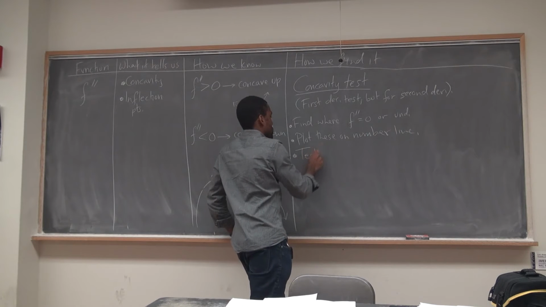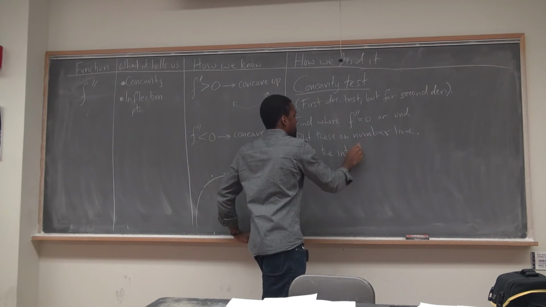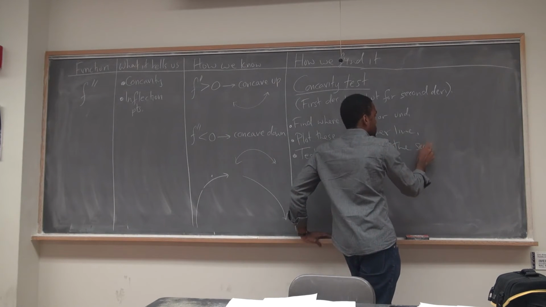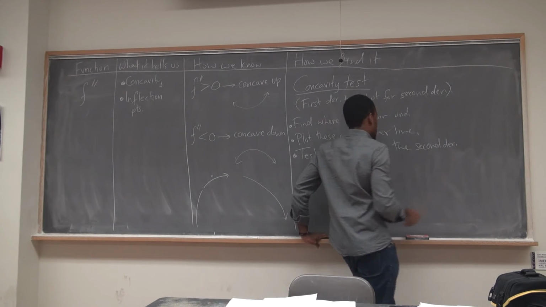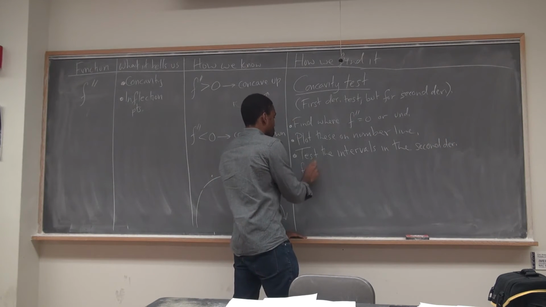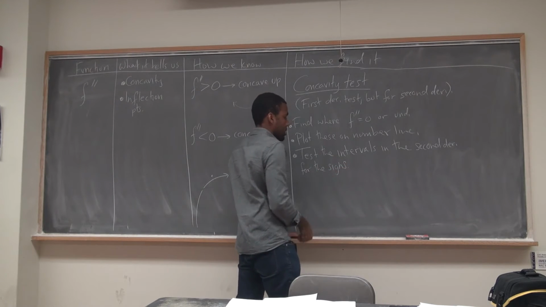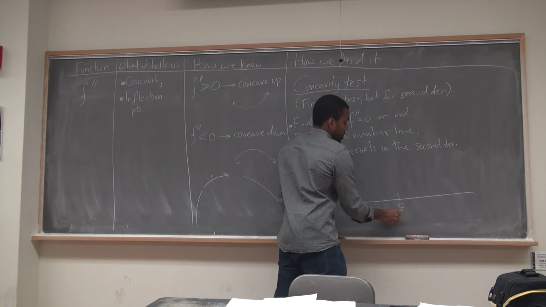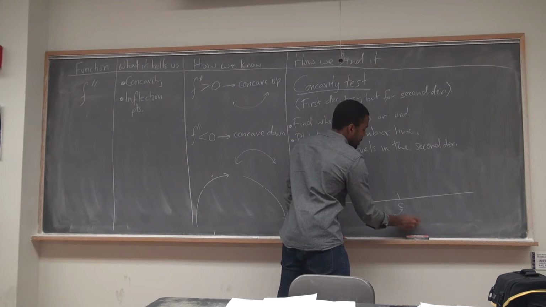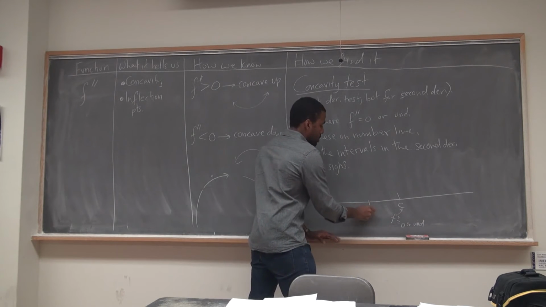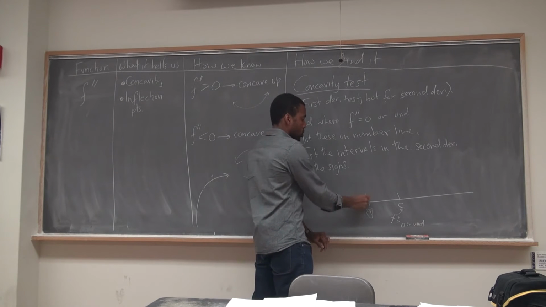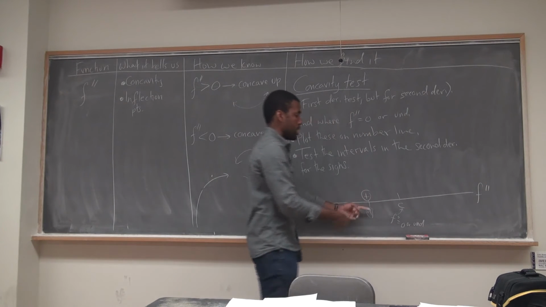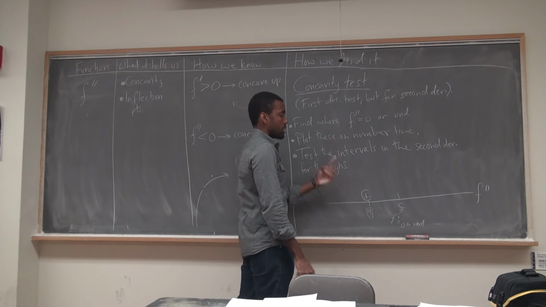Then you're going to test the intervals. And you test them in the second derivative. And again, we're looking at the signs. So you might have, here's your number line, here's a point. At this point, your second derivative is 0 or undefined. And you plug in a random number in this interval, like an A, and you test it. So let's say you get a positive here. What that positive means in this context, since we're testing in the second derivative, that's the function we're plugging this number into, is concave up like a cup.